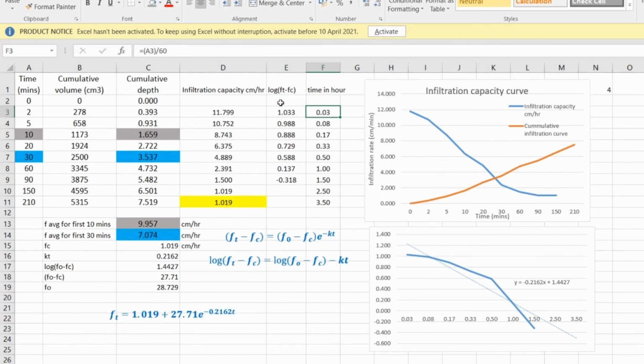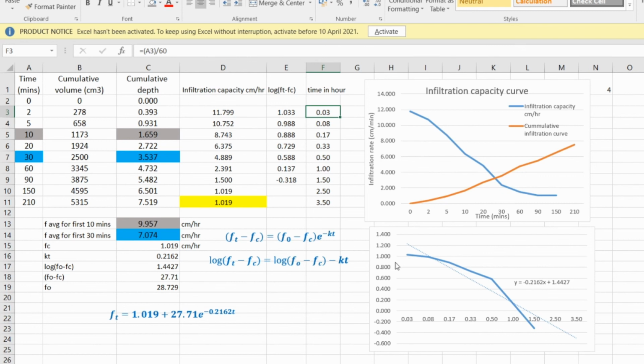Once you plot these values in a graph chart, what you need to remember here is that whatever I am showing you in an Excel sheet, you have to do it in your graph sheets. You have to solve all of this in a graph sheet and determine what is the k value, and you have to determine the Fc and f naught values. Okay, I hope you can understand that.